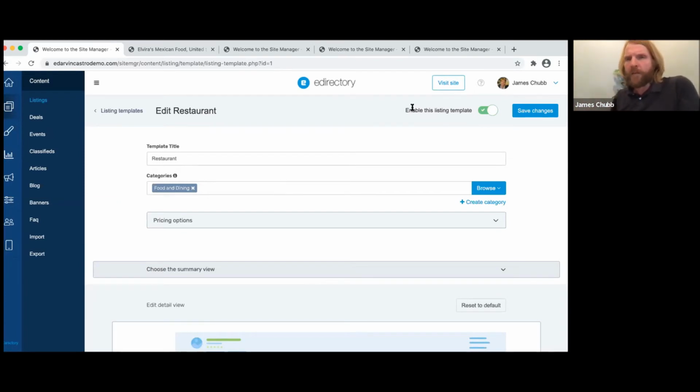One other feature I want to mention is the enable disable on the listing template right here. So you can work on the template, get it all working, test it out with a sample listing before you go live, and see how it all works. I recommend doing that. So that's important. So then after you save this template, the template's saved, and then